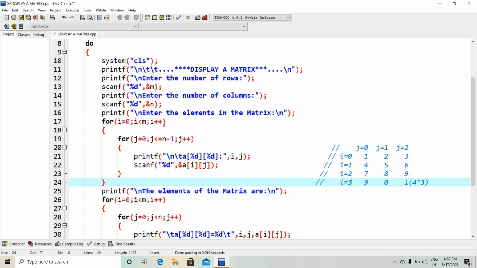When i is 1, this inner for loop will again be executed 3 times, for j equal to 0, j equal to 1, j equal to 2.